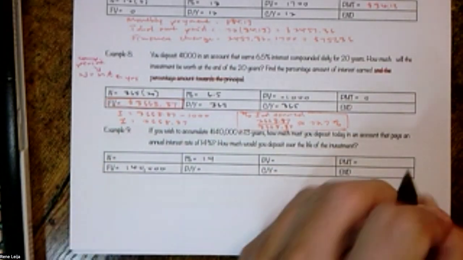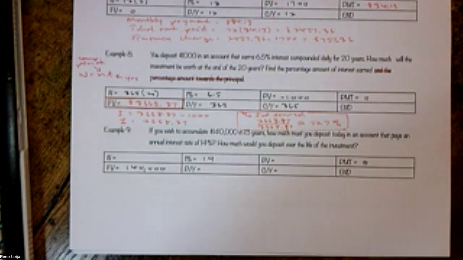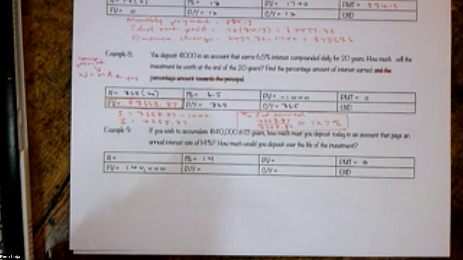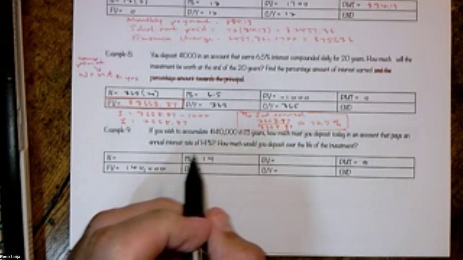We are not looking for a payment and we're not making monthly payments. Okay. So it said, how much must you deposit today? So that would be the PV. So this is what I'm looking for. Okay. Now,